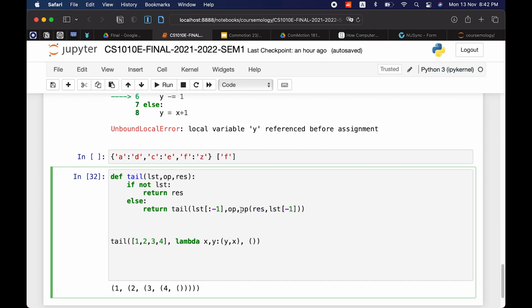It will be this operation done on res, the current result, which is this, and the last element of this list. So it will be 4.